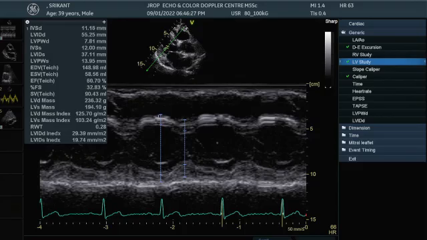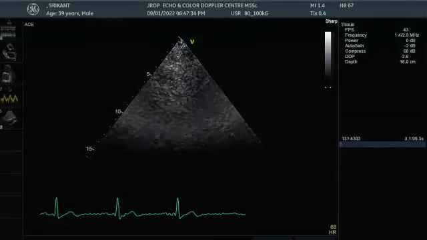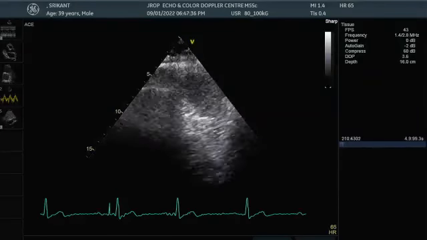Let me move on to Dr. Siddharth Mangla. Siddharth, any questions you have? Yes, good evening, sir. Good evening. Sir, in one of your lectures, you explained about calculating the systolic BP with the use of continuous wave Doppler. Can you just explain it again, sir? Sure. His question is, can you calculate systolic blood pressure by echocardiography by continuous wave Doppler?